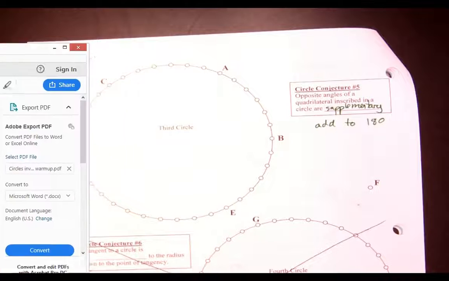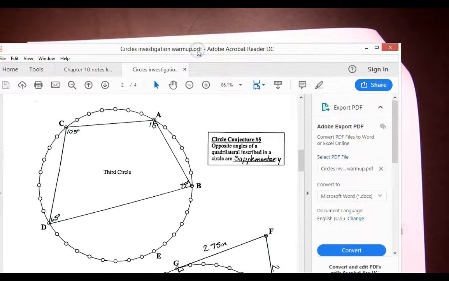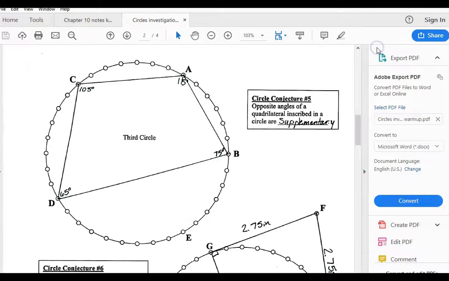Alright, you guys, focus in back up here. This is what you should have gotten when you drew this third one. Several people told me you didn't get to it. I got 100 for C, I got 70 for B, I got 116 for A, and I got 64 for B. I was so confused about it. It should have come out to the same angles. Did you guys get different angles for this? Is my key wrong? No, but I was like 5 off on C. Oh, okay. So just in the count. And then I was 1 off on